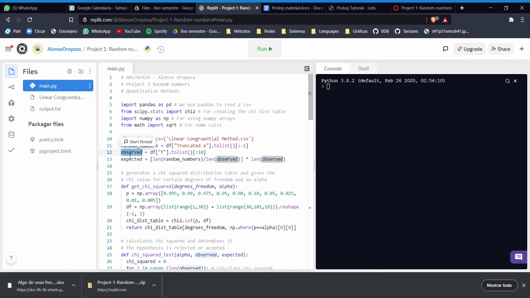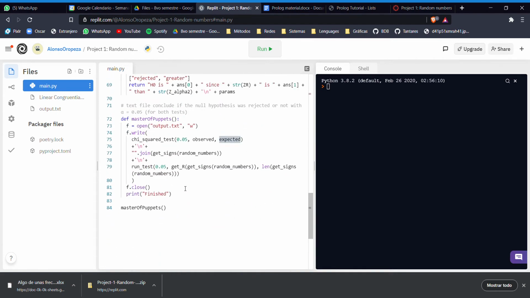The observed list will contain the classes, the value of the classes of those 100 generated random numbers. In this case, it will contain 10 classes. And expected will contain a normalized value, in this case 10, because there are 10 classes and there were 100 generated random numbers. So what we do is write in a text file the output of running